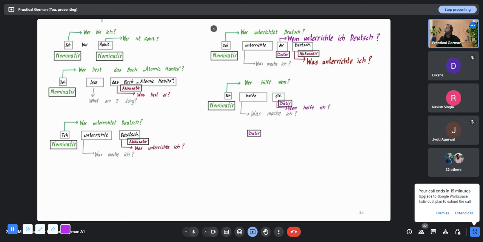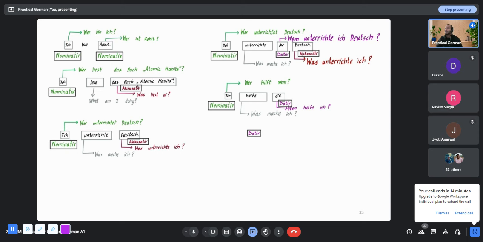So if you want to find, let's say if I say blah blah is Ravish, the question will be where is Ravish or where bist du, right? So the question is where, who, and that's why it is nominative. The same thing here, Ravish says ich bin blah blah. I will say, oh, where bist du, or where sind Sie if I'm being formal. Again, the question is where, who. So you can say it is nominative.